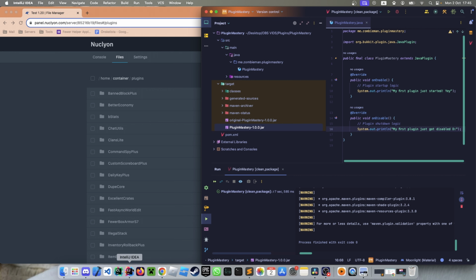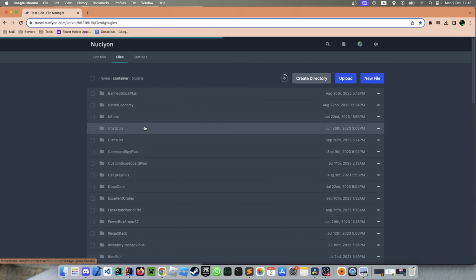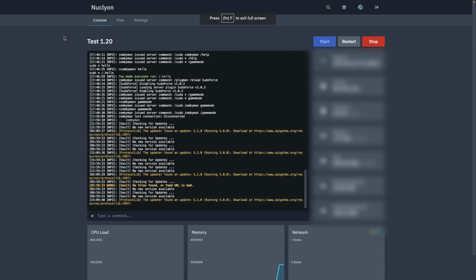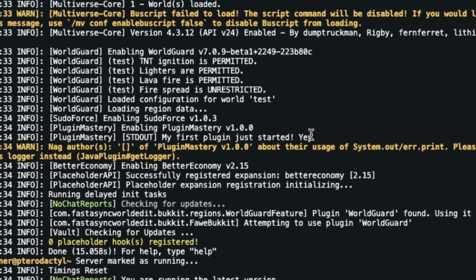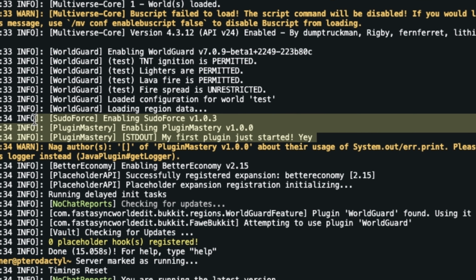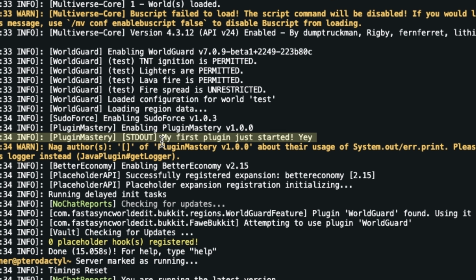But you can also, if it's not the Minot server, I don't know if any other servers are doing this, but then you can just drag and drop it like this. Okay, now you can go to console. I can press restart. Okay, so in the console right here, you can find that your plugin says in console,